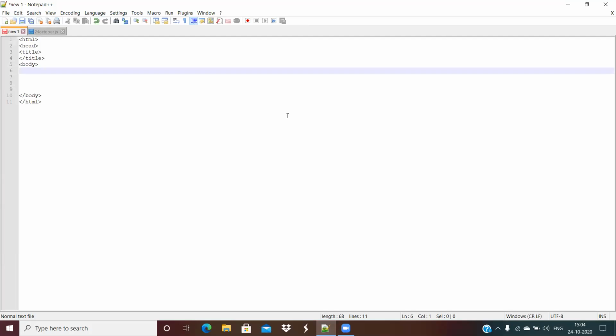And then how will you link the JS file with the HTML file? Sir, you have to link the JS file with the HTML file, correct? Yes, sir. So you have to link now these two files, HTML and JS. Sir, just a minute. Okay.